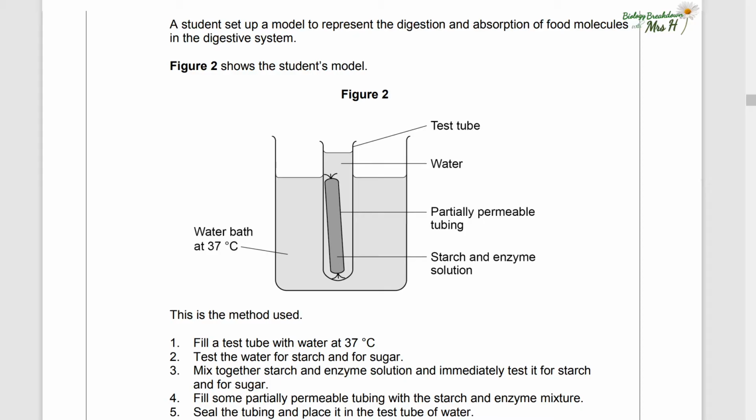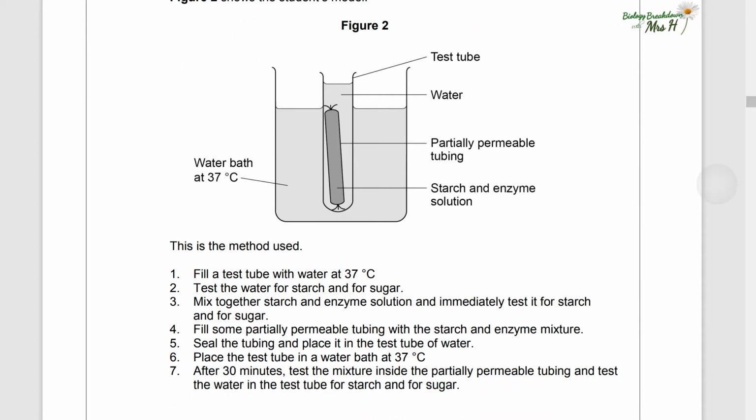The method is: fill a test tube with water at 37 degrees C. Test the water for starch and for sugar. Mix together starch and enzyme solution and immediately test it for starch and sugar. Fill some partially permeable tubing with the starch and enzyme mixture. Seal the tubing and place it in the test tube of water. Place the test tube in a water bath at 37 degrees C. After 30 minutes, test the mixture inside the partially permeable tubing and test the water in the test tube for